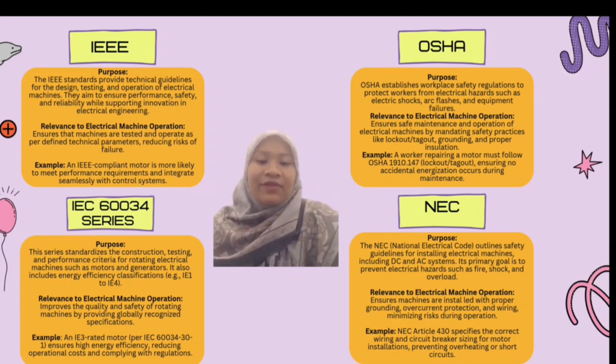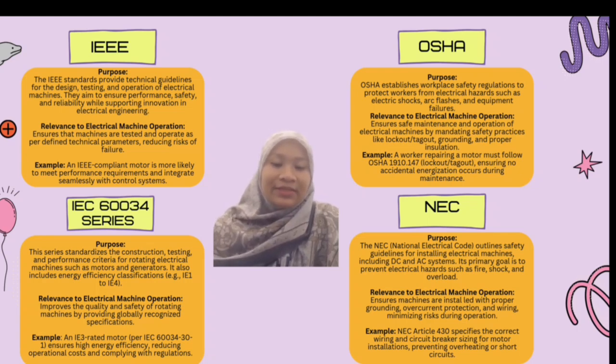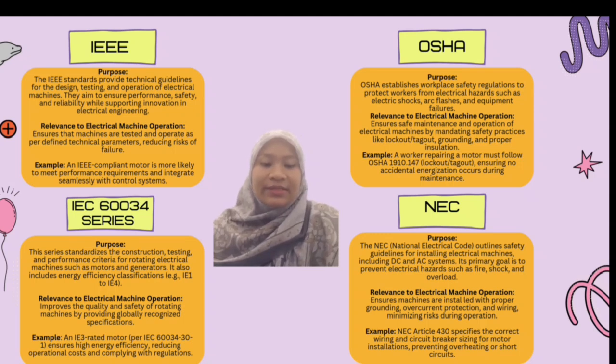The relevance to electrical machine operation is ensuring that machines are tested and operate as per defined technical parameters, reducing risk of failure, and promoting compatibility between components and systems, especially in industrial environments. The example is an IEEE-compliant motor is more likely to meet performance requirements and integrate seamlessly with control